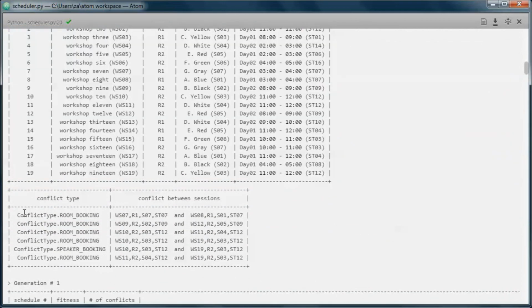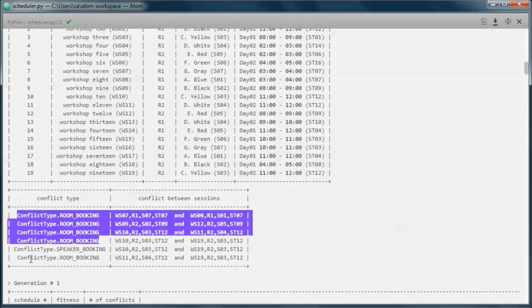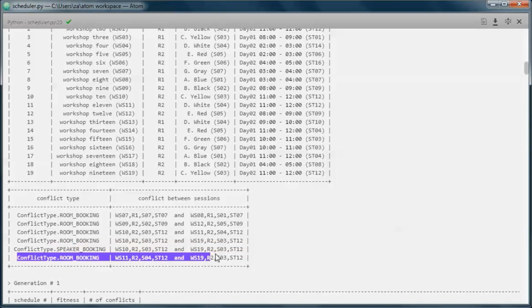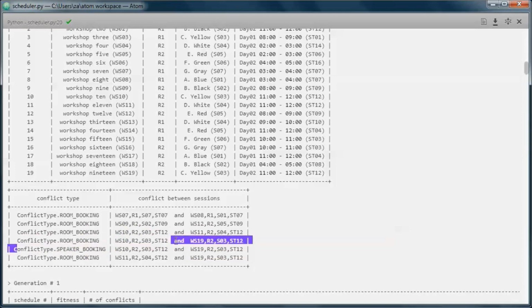So we had 5 room booking conflicts and 1 speaker booking conflict. So this speaker has those 2 workshops, 10 and 19, at the same session time, 12.